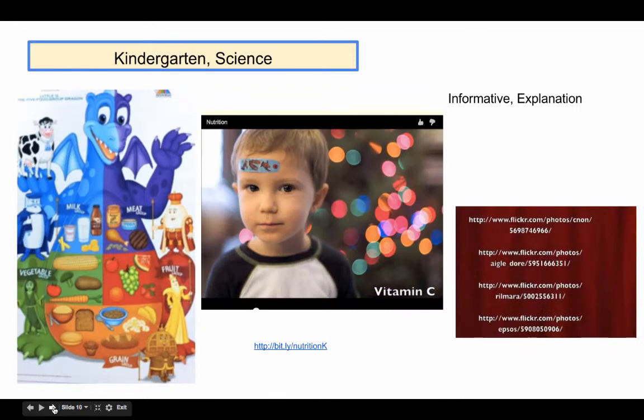This is an example of using digital storytelling to review content information. In this case, the teacher was reviewing part of the science curriculum focused on nutrition. I also wanted to include in this slide an image showing the credits at the end, which acknowledge where the teacher got the images that were used in the presentation. I want to remind people that it's important to convey this point to students, and to convey to them the importance of using Creative Commons images that they are free to use, and to acknowledge where they have gotten those images.